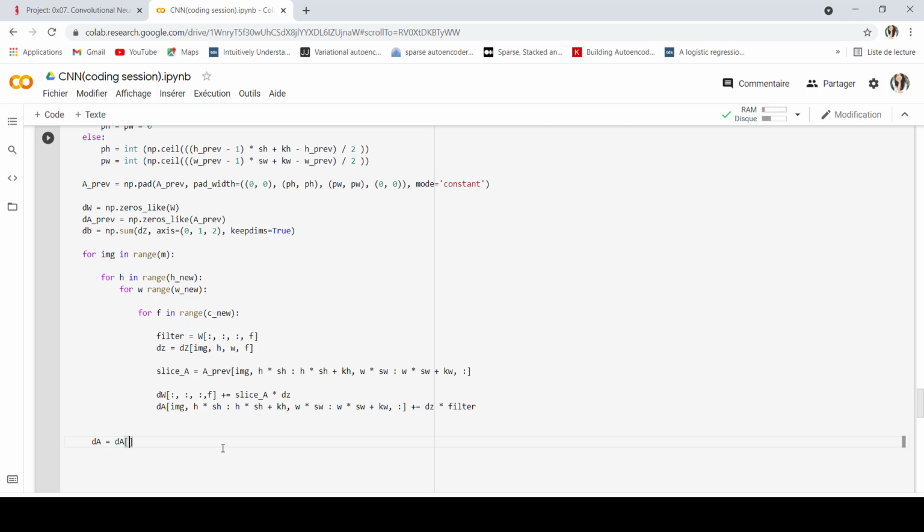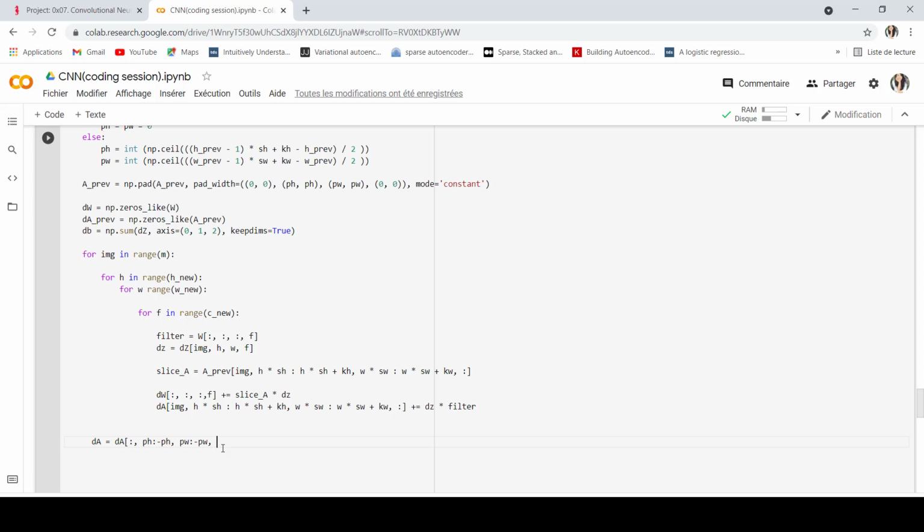So dA, here I'm going to take just the elements outside the padding. So I have all the images. Here I am going to take from pH until minus pH, and the same thing with the weight, pW until minus pW.